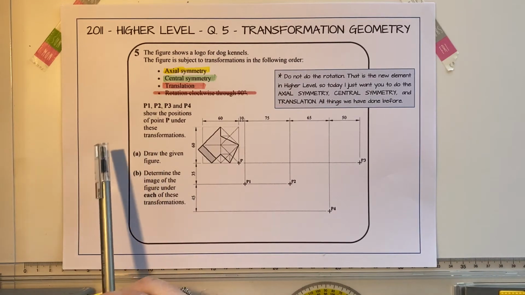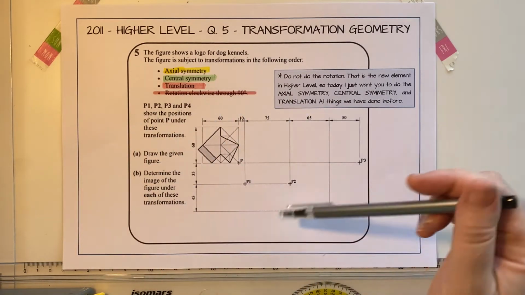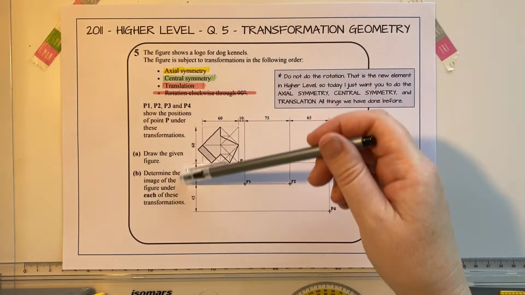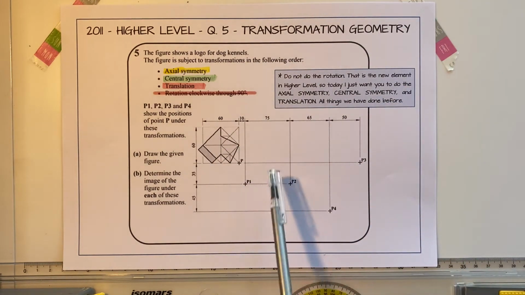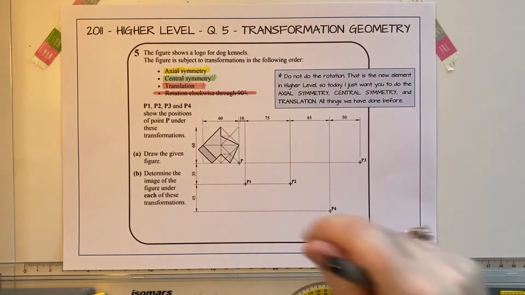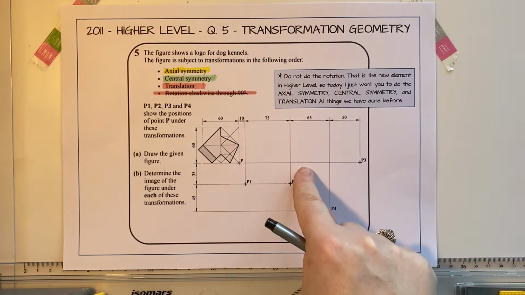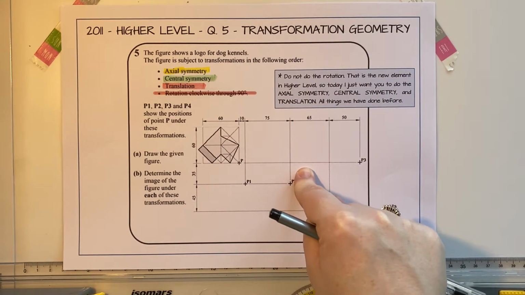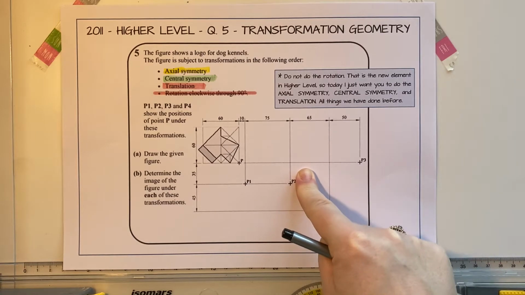We are given points P1, P2, P3, and P4, and down here we're given a framework for those points and a set of measurements from which to mark them in. Some of you find this a little bit tricky, and the thing that I want to remind you of is, if you were drawing this from scratch as opposed to using the printed one that I gave you,